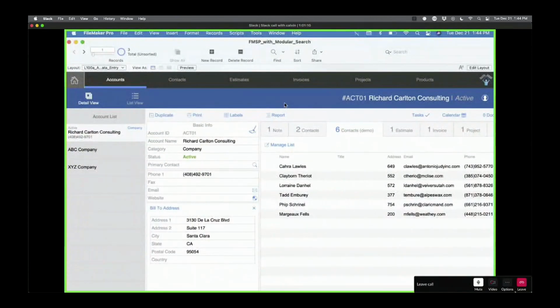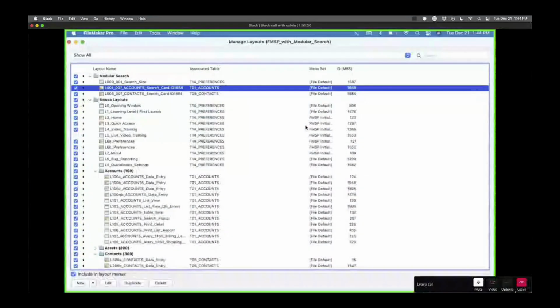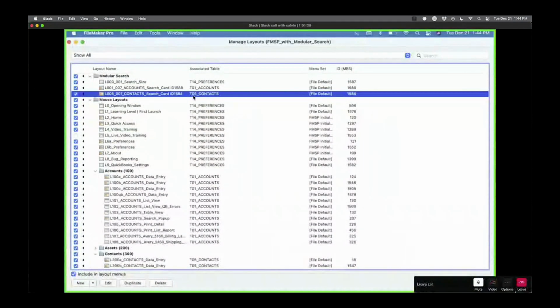No. Okay, why not? Because one of the things is that these layouts are all context based. So you'll notice the associated table in the first one, the new one that we just created, is table occurrence 1 accounts, and then the second was table occurrence 5 contacts. So if you were to